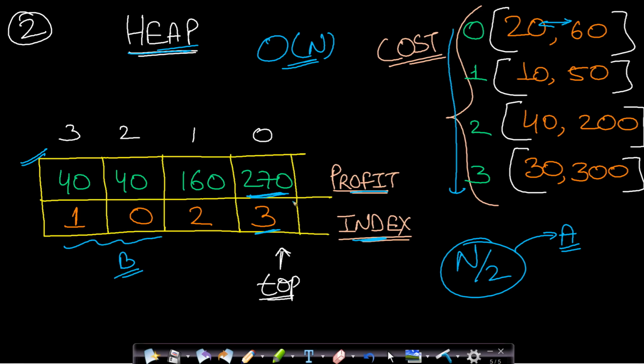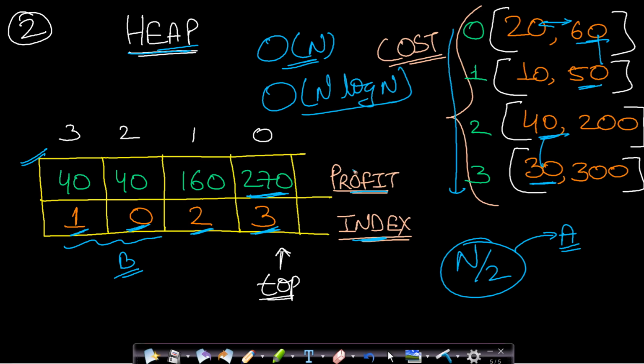So you will have to simply add the first value for the first n by 2 elements, that is for this index 3 and index 2. You will have to add this first value, and for this index 0 and index 1 you will have to add the second value. Adding these values will give you the minimum cost which will be required in order to take interview for all these n candidates. Okay, so the time complexity in this case is also order of n log n, since if you pop an element then heapify will be called, which takes log n time. Now let us look at the code.